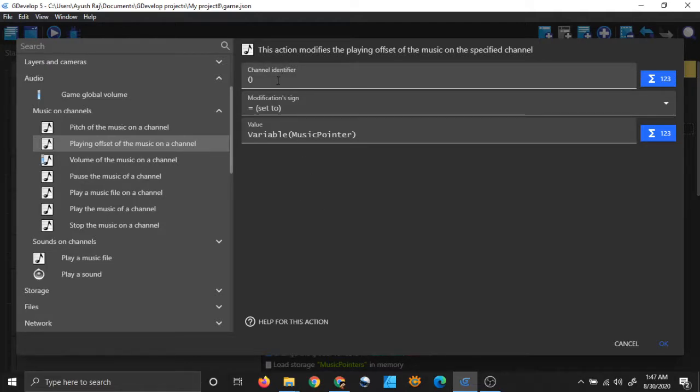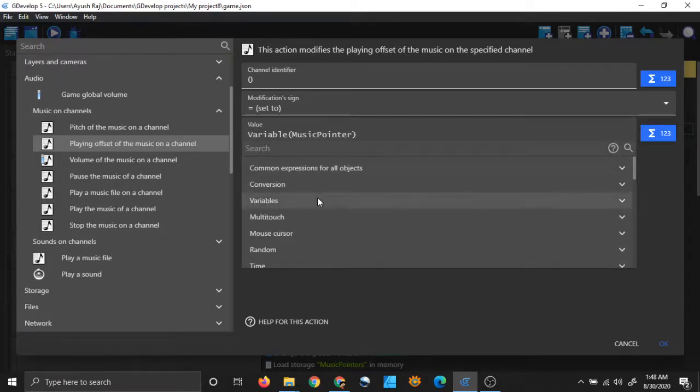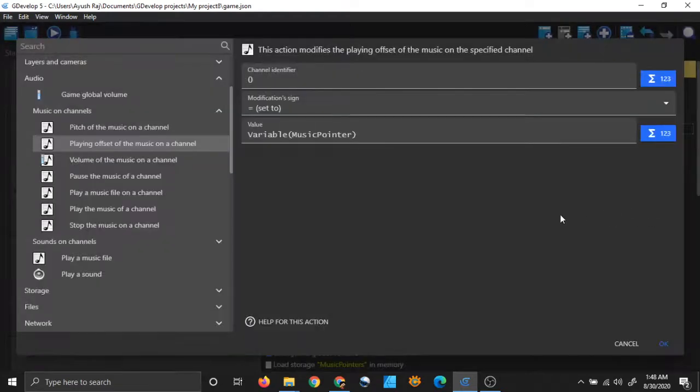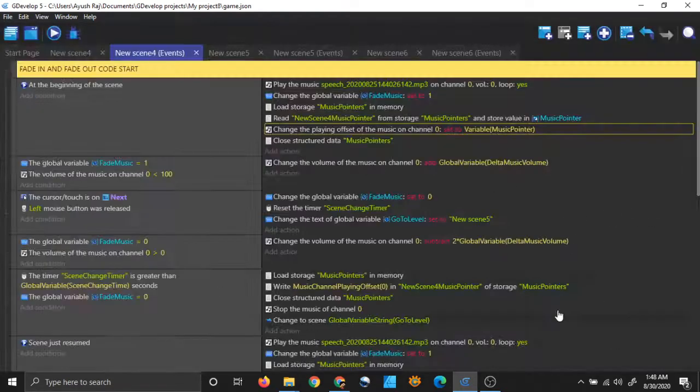You can put your channel identifier, which is 0 in my case, modification sign equal to, and value, which is the scene variable music pointer. You can go to variables and choose value of a scene variable and select your music pointer variable. That's what I have done here.